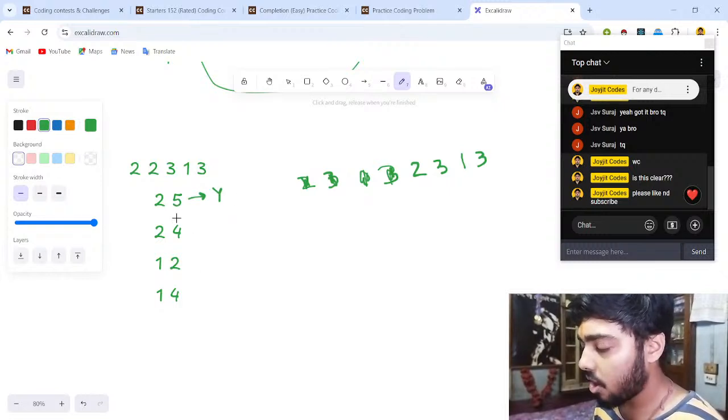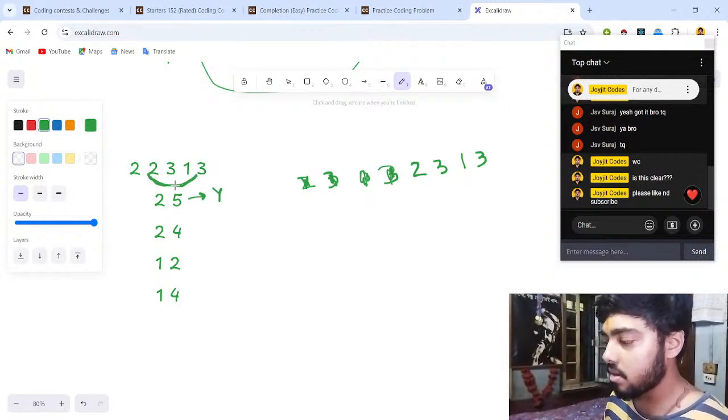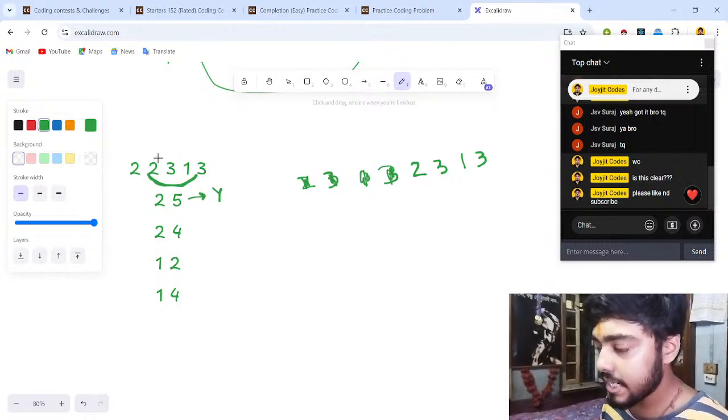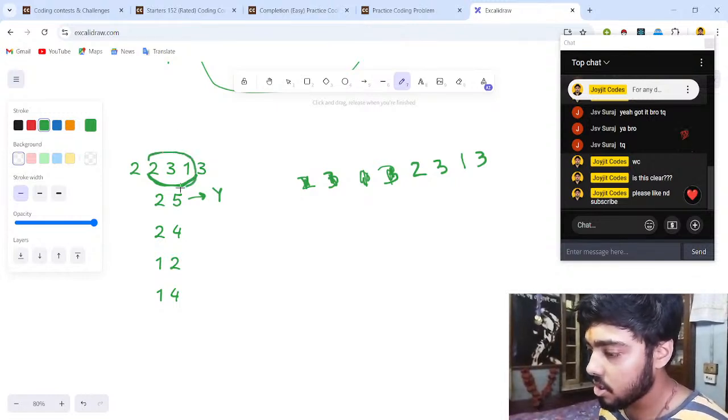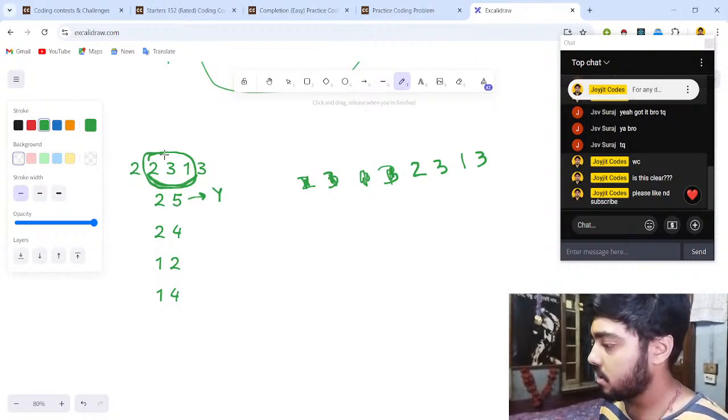Okay. Now if we go for 2 comma 4, that is 2 3 1. So no matter however you may rearrange it, since its length is odd, this length is odd, so we know that the middle element,